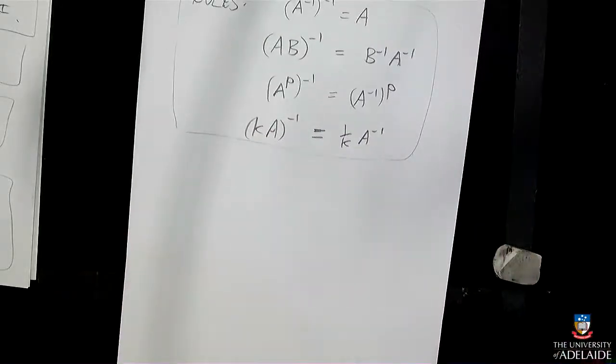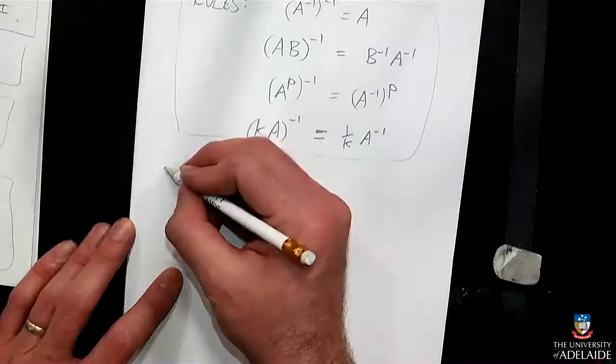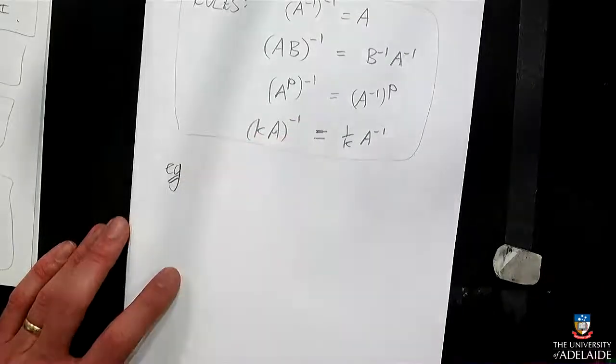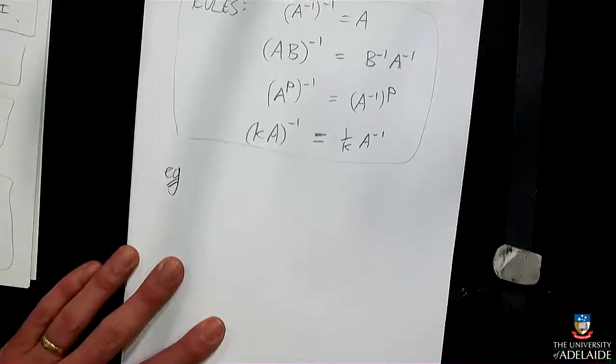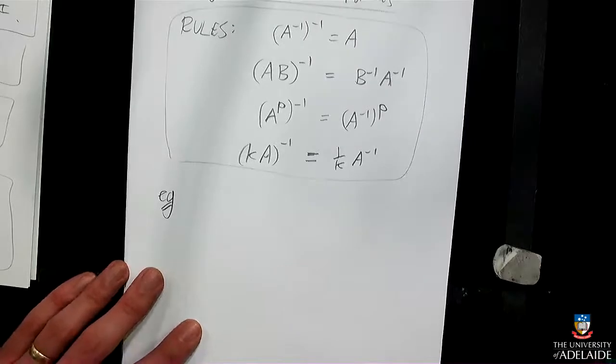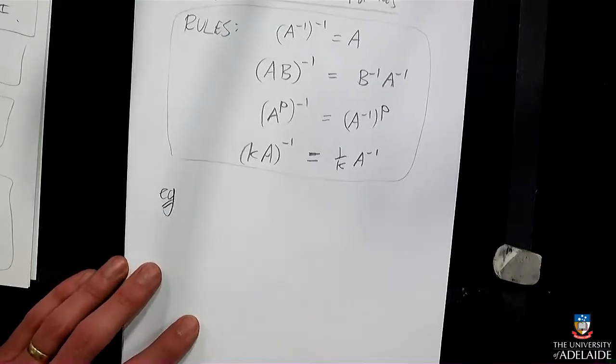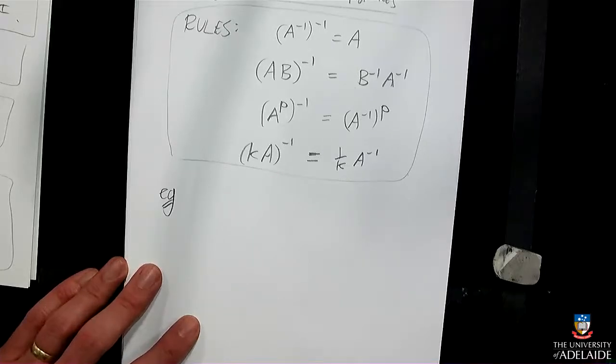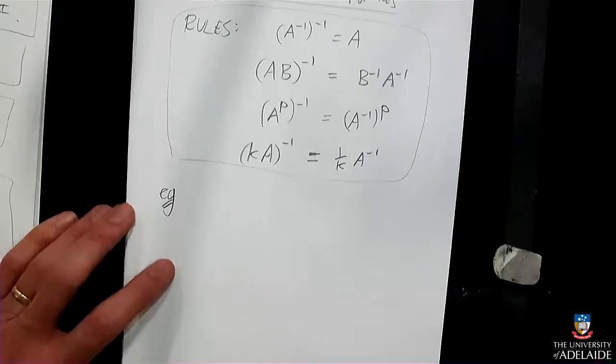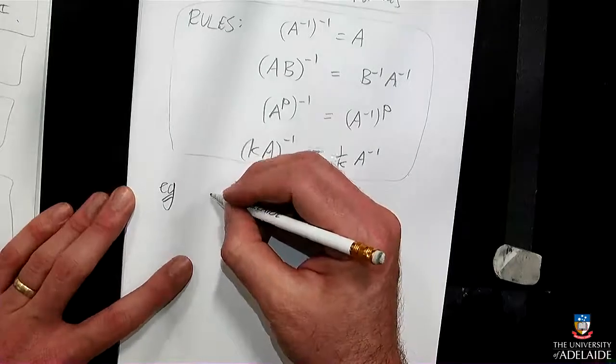But just as an example, if I knew what the inverses of a couple of matrices were, then I could find the inverse of another matrix. So for example,